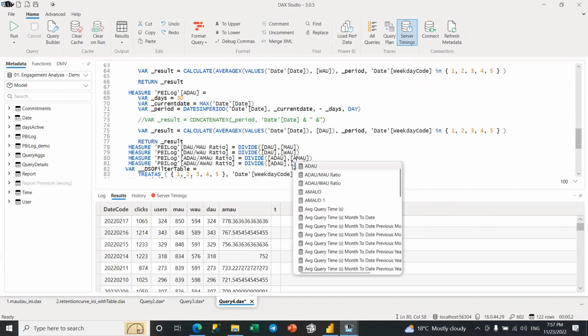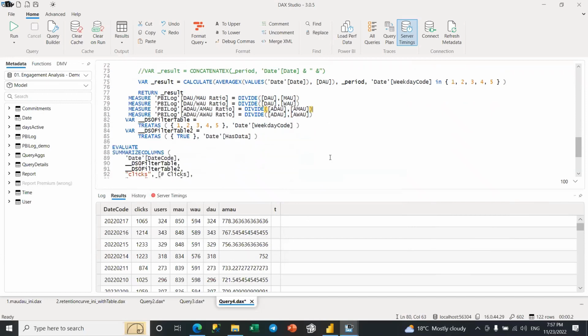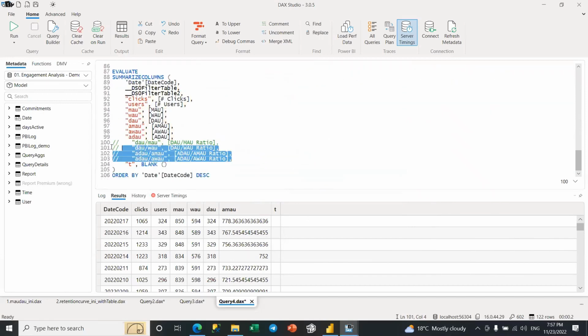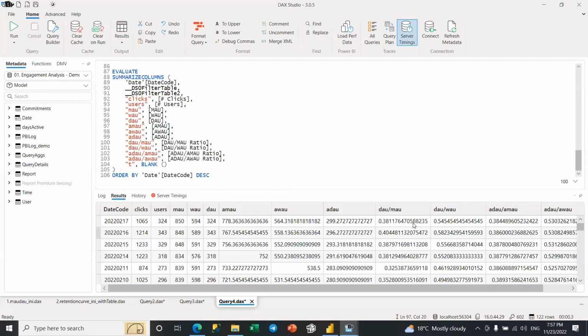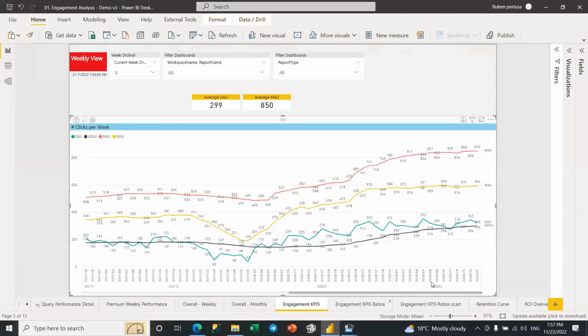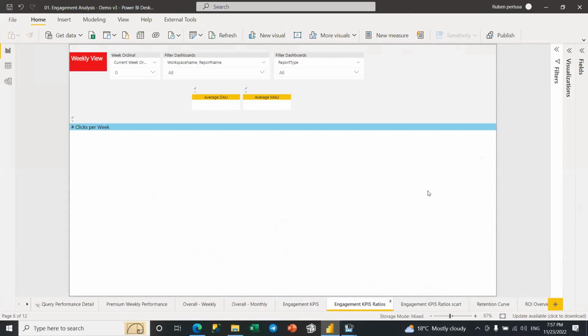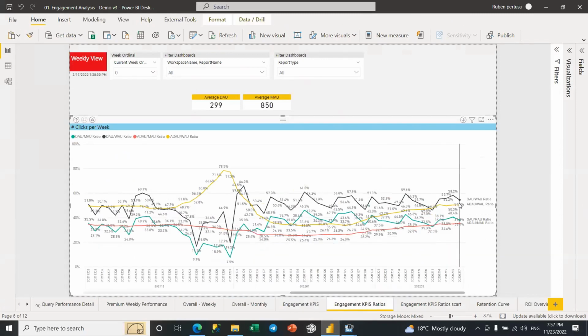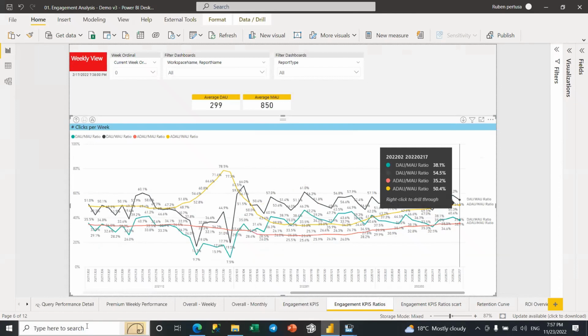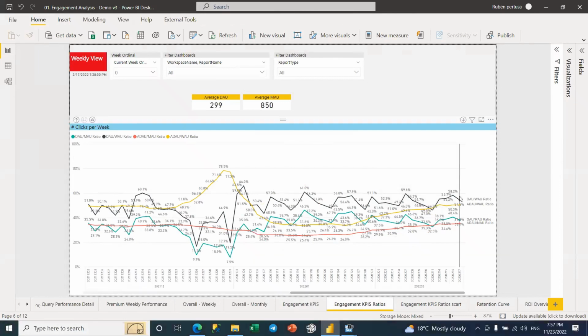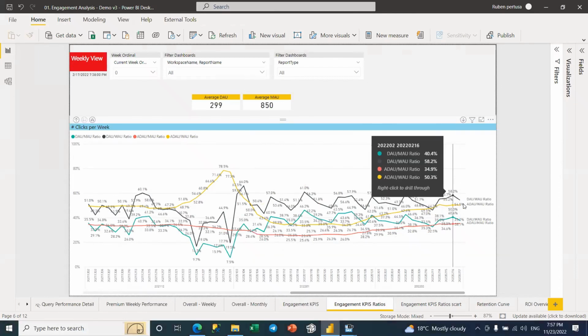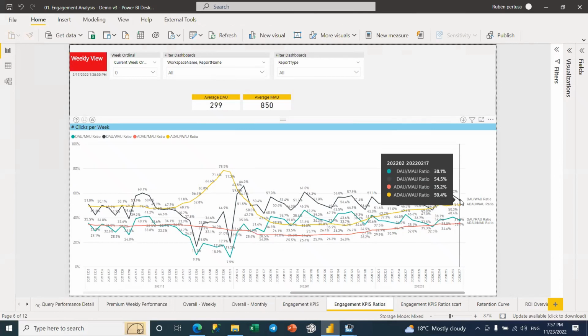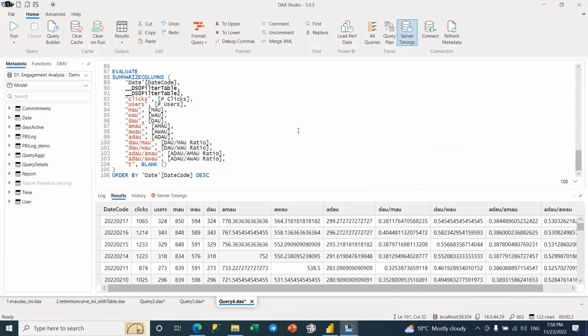Okay, so we are almost done with this demo. So let's now uncomment this. And boom, this is exactly what we were expecting, 38.1 daily active users versus monthly active users, which is exactly the 38.1 percentage that we have here. Okay, so in this particular case, the green one is 38.1, the first one. Good. So let's go to the second demo.